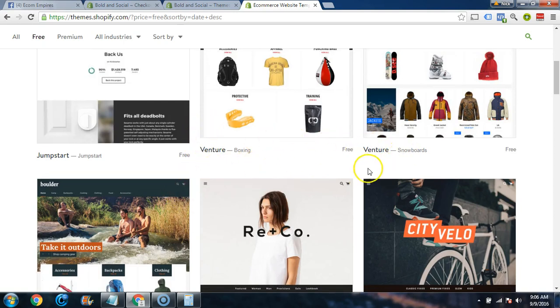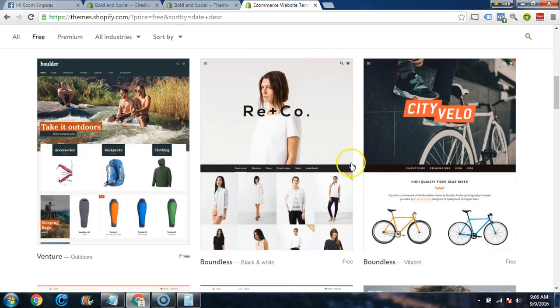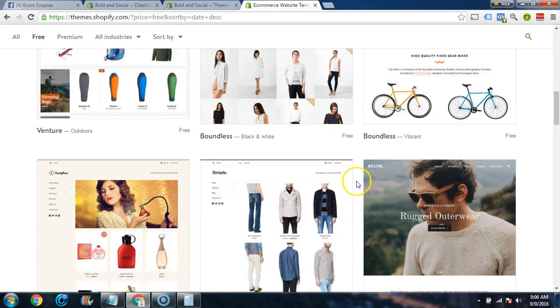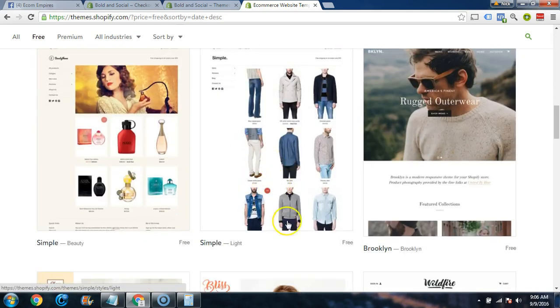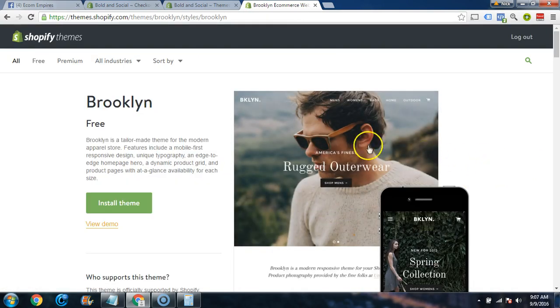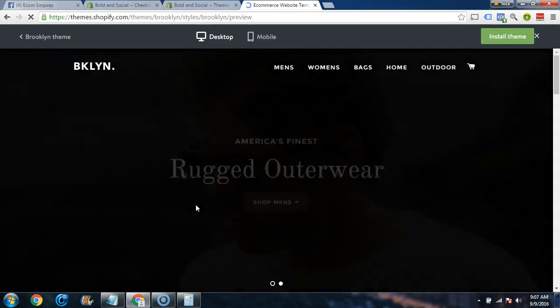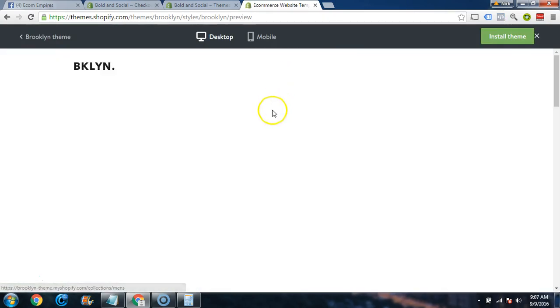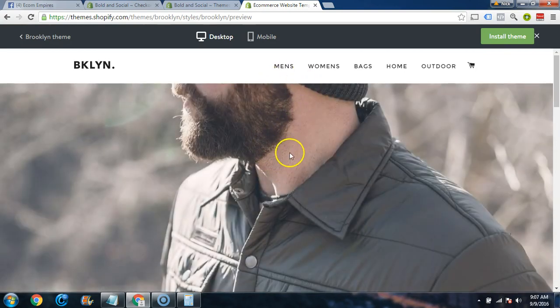They're all plug and play, very editable, but they all have their own different, unique ways of presenting things. So don't just go by how the homepage looks. You want to research a little bit on a theme that works for you. For example, the Brooklyn theme. I absolutely love the homepage and the way that they have this full banner image and then the logo and the menu bar already in it. However, I don't like the way their product page is set up. So I don't use it, because if you come to their product page,